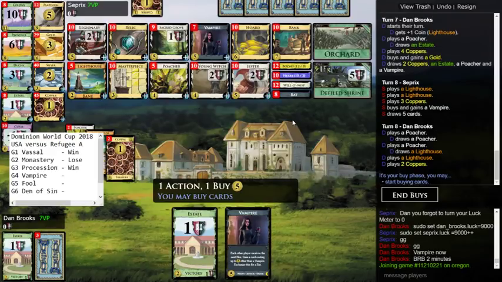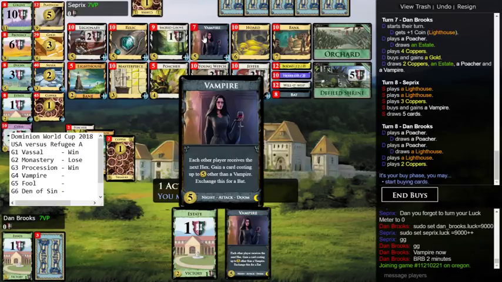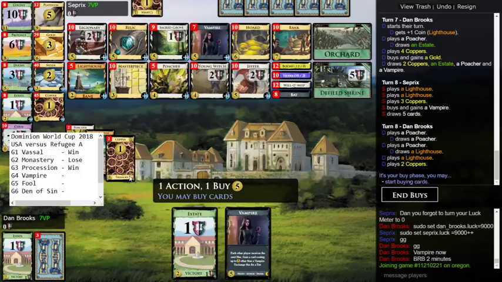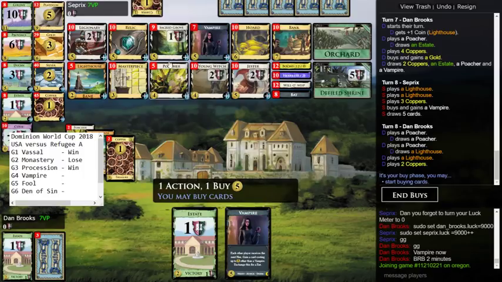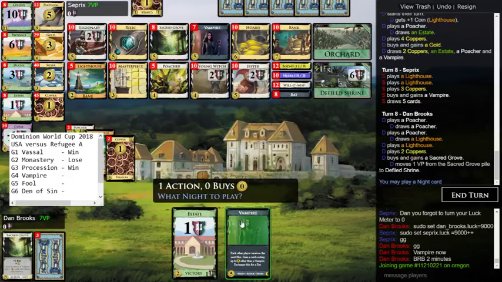Yeah. So I guess I could go 3 copies of a card. 3 vampires does seem bad to me. But the first Sacred Grove does seem good. Yeah, okay. I think I'll take the Sacred Grove, and I think...